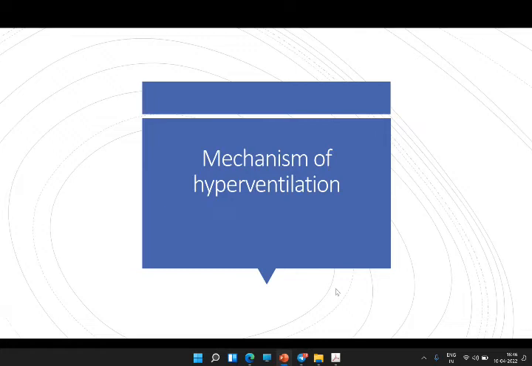So in high altitude, first it is the left shift of the oxygen dissociation curve which is occurring. But later, because of the hypocarbia and the persisting respiratory alkalosis, and also because of the hypoxia, there will be increased 2,3-DPG production. And increased 2,3-DPG production will eventually result in a rightward shift of the oxygen dissociation curve. So the answer is, initially in high altitude there is a left shift, followed by a right shift of the oxygen